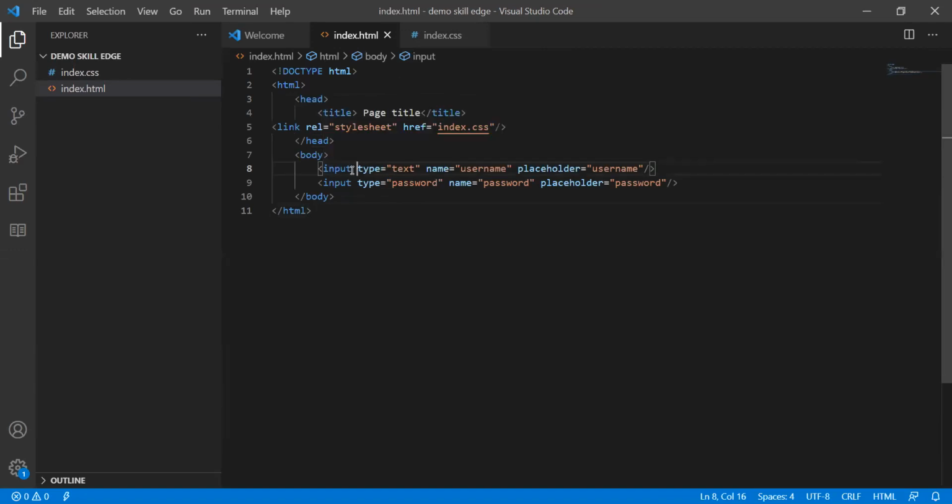You have to copy, that will reduce your errors if you are doing any styling on that. So let me copy this.